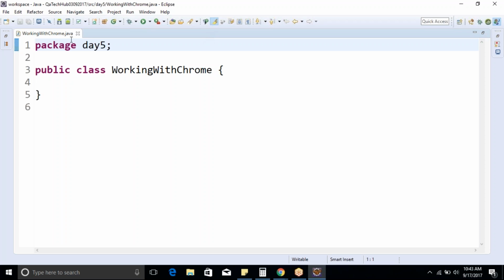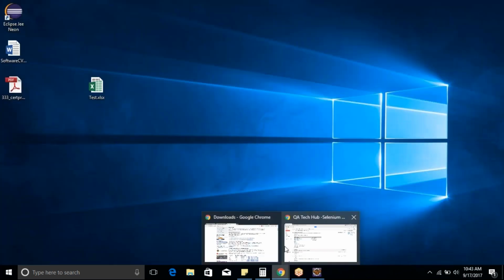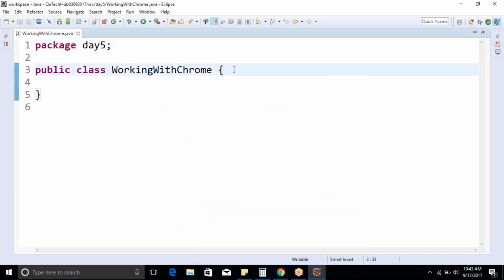Okay, so I'll go step by step. Stop me wherever you feel that I'm going fast or slow or you're not able to understand, because whatever I'm going to teach in the next 1 hour will make the base. Okay, so the next step is, see, now here first of all I'll create one variable, or you can say object,